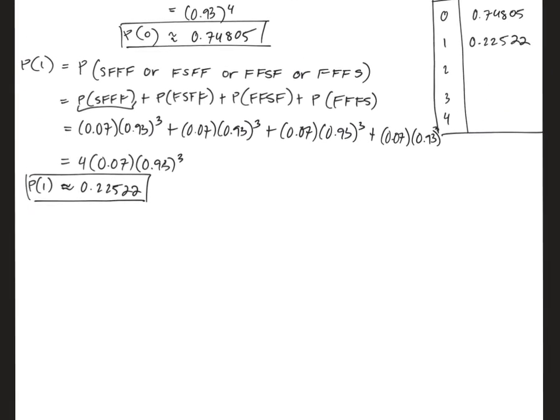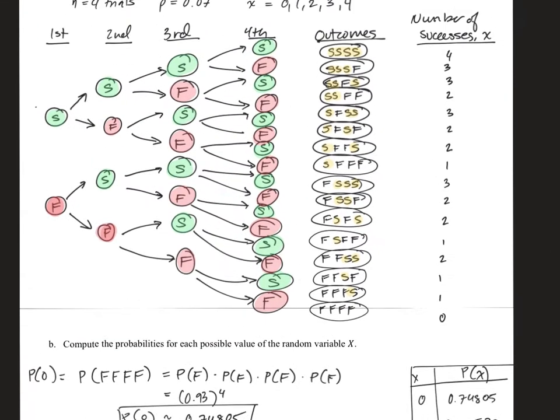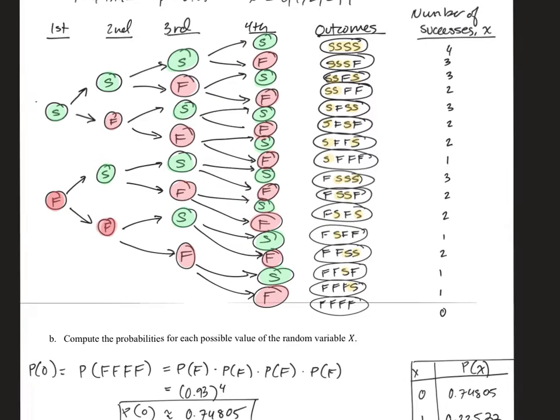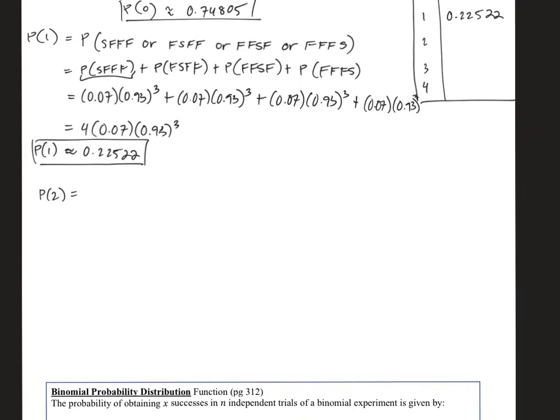Next, we'll go ahead and look at P of 2, so the probability of the second one. Okay, let's go back and see which ones have 2s. 1, 2, 3, 4, 5, 6 of them have 2s. 1, 2, 3, 4, 5, 6 different options. So we're going to go ahead and write down those 6 different options for the 2s. And what are the 6 different options? So that's the probability of SSFF